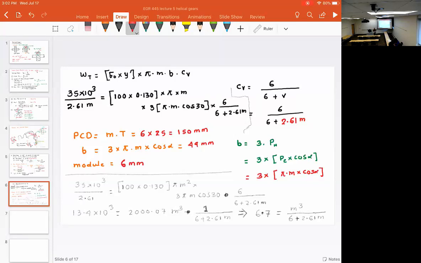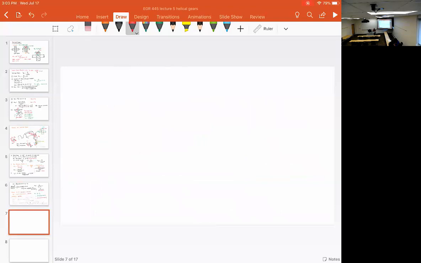Okay, so we got the pitch circle diameter, the face width, and the module. Now let's continue on. Let's take the same problem and try to find out the dynamic load. WD, which is the dynamic load. Equation for dynamic load